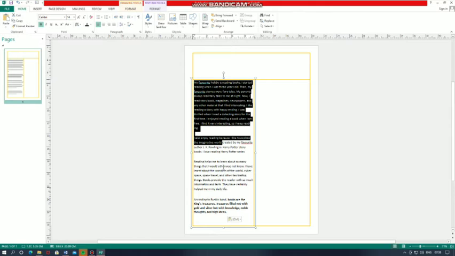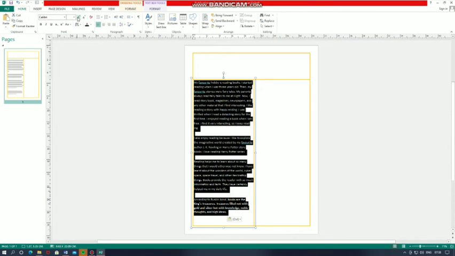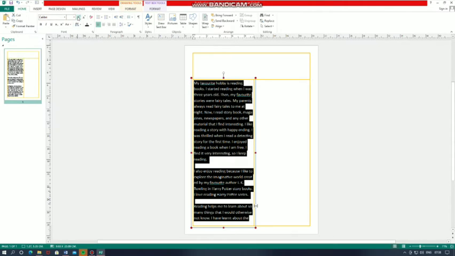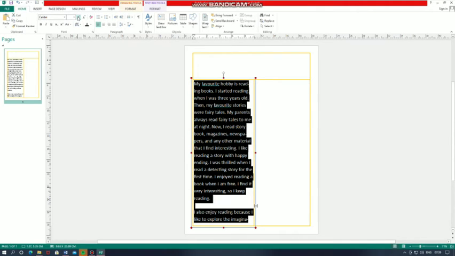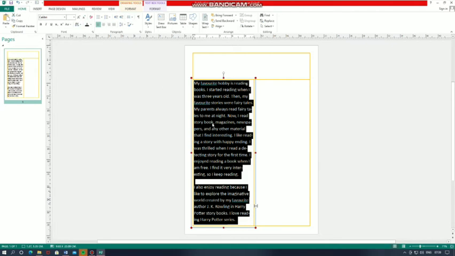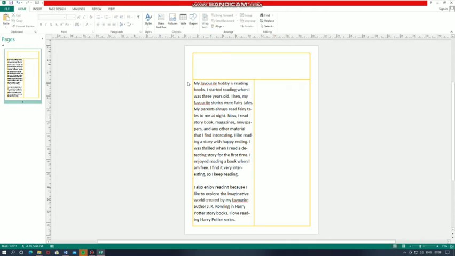Now, if I increase the font of this, you can see the space is running out. It is not fit in this text box. So you can connect this with this second text box. See here now.